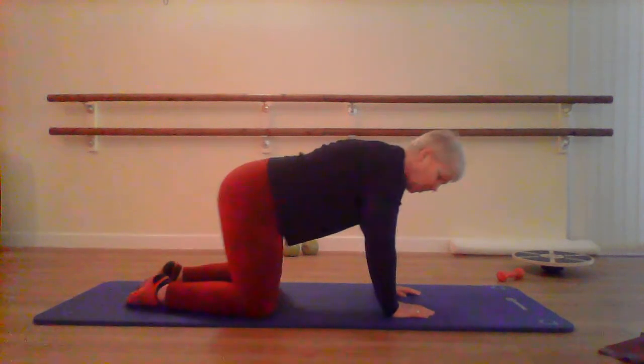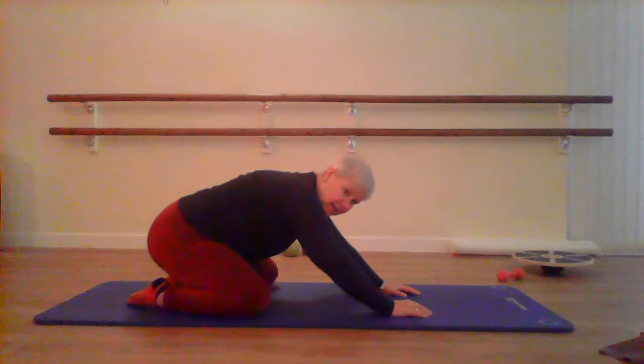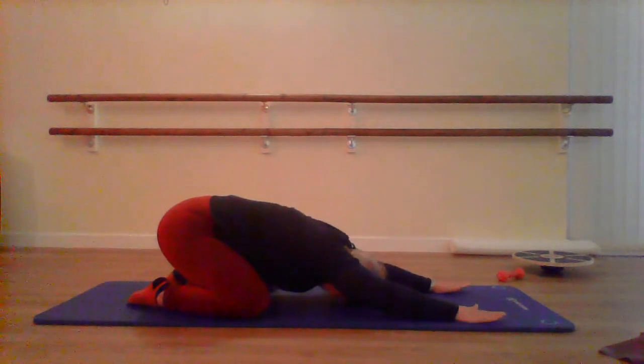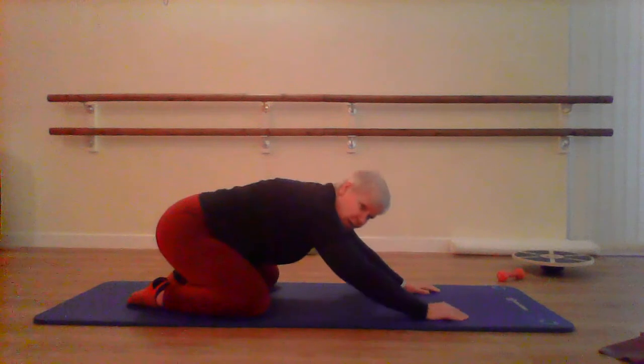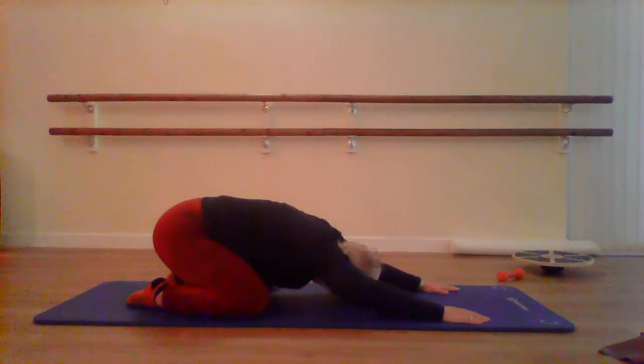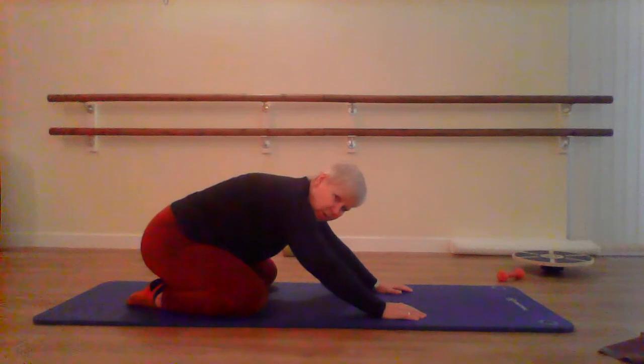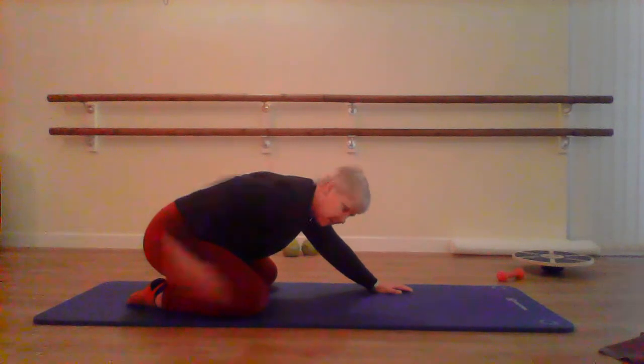Let's do a little child pose to release. So open the knees, toes together, hips to the heels, and head down, and stretch. Now don't worry if you can't get your hips all the way down. The important bit is that your bum goes to your heels. You want to feel that releasing the lower back,